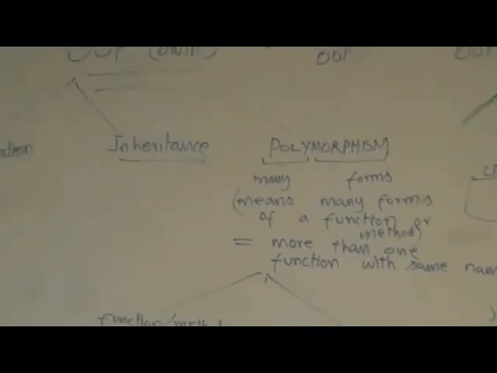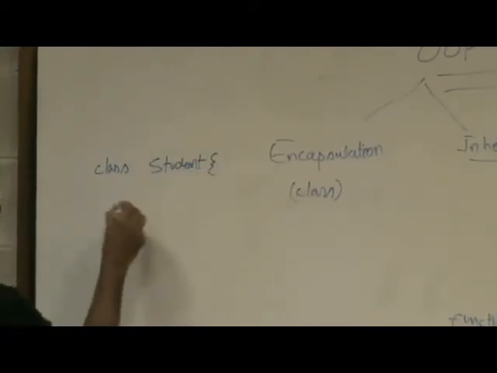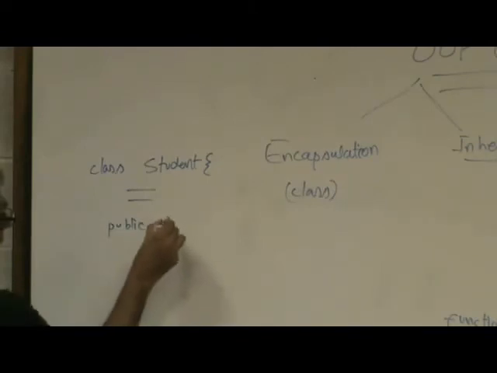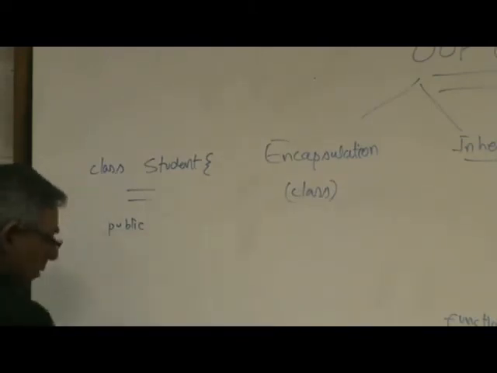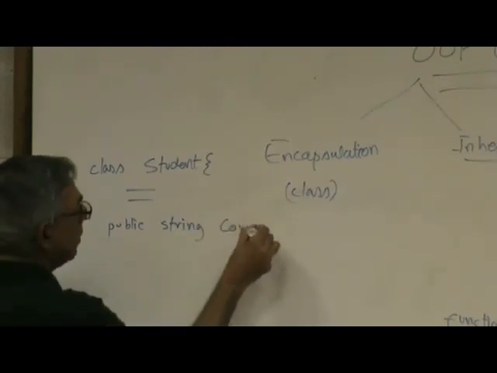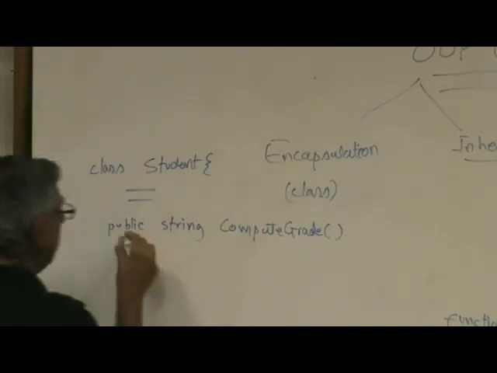The overriding would be, again, you created some class called student, let's say, and whatever data you had, you did public string computeGrade, for example, that you guys already did, right? And whatever the code